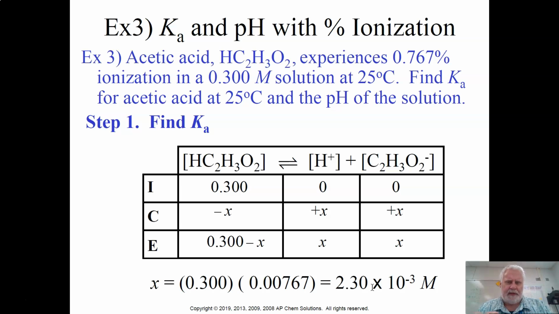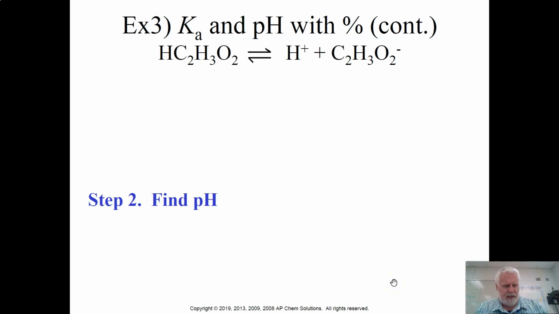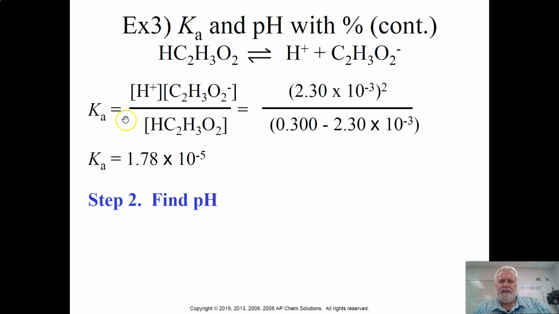So you can work the problem backwards. Not too difficult of a concept, really. You have that initial molarity, and you know what percent it ionizes in the solution, so you just multiply those out and end up with that concentration, which of course you can now plug into your Ka formula. There's the hydrogen and the acetate over the acetic acid. We just figured this out. That's 2.30, and of course these two will be equal, so that's why it's squared. And then you take